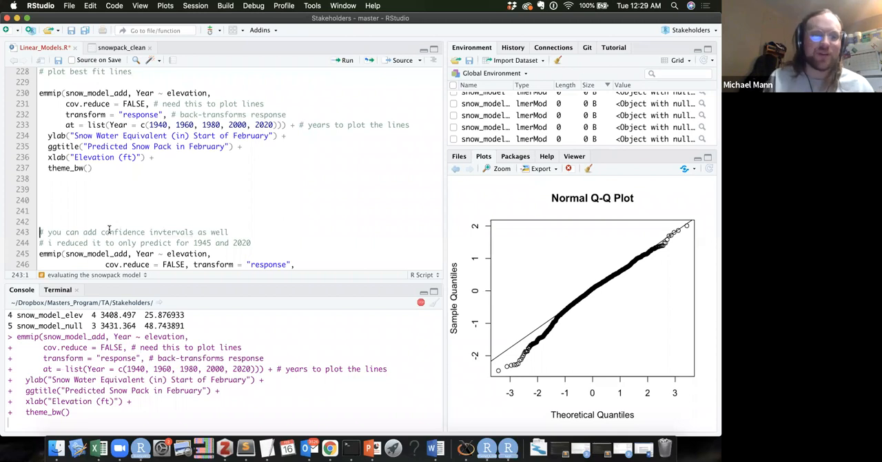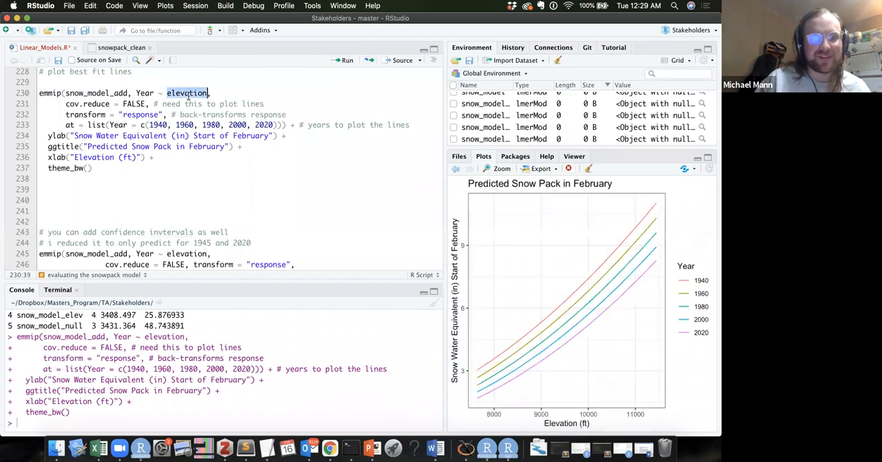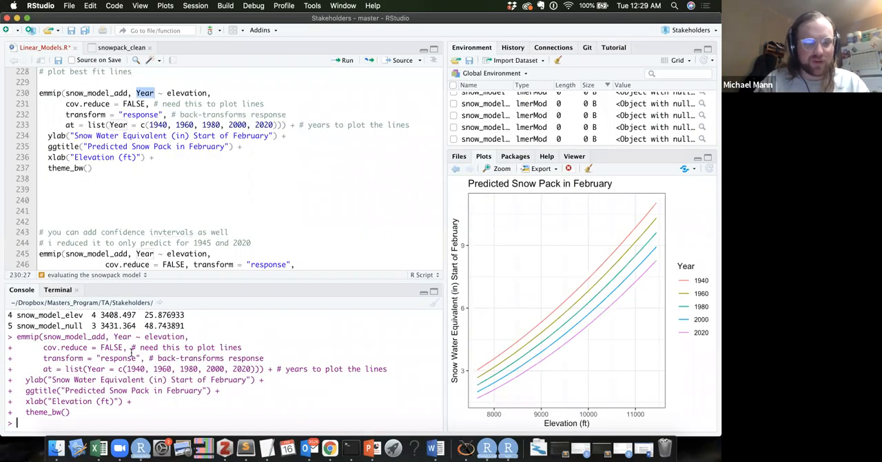The X variable, as I put up here, is going to be year, and then distributed by is our X variable elevation. Year is going to create all these different lines in this. And so you can see in this plot, let's see it here. You can see the different lines, and let me actually just quickly show you what the model was